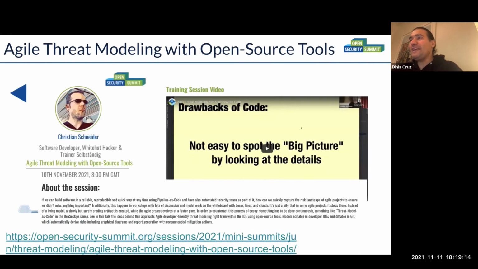I now want to talk about two different sessions that happened during these summits, which were really pretty amazing. One was by Christian, on threat modeling with open source tools, where he talks about a great JavaScript platform and YAML-based platform that he developed, or helped to develop. It's a great way to map and scale threat modeling as part of your pipeline, and it talks about doing threat modeling as code, which I think is pretty awesome. In fact, I don't think the title is a good representation of what that session was. So this is a good example of a session where we need to extract a lot of the amazing value that came out of it.